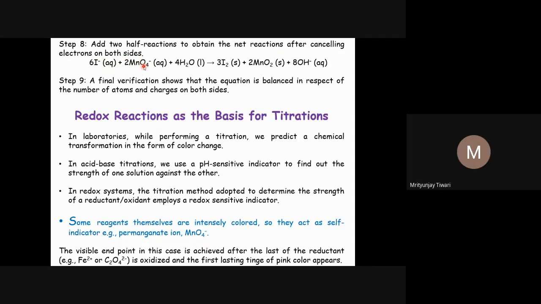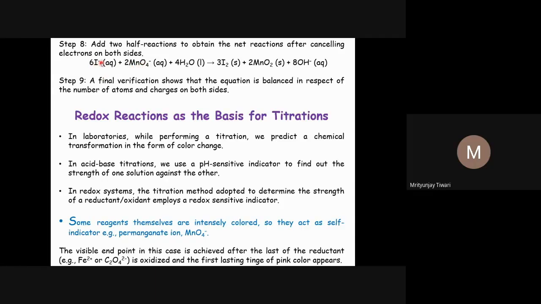Initially, permanganate ion was not in the stoichiometric amount, it was not balanced. So as soon as you add permanganate ion and shake the solution, it is completely consumed in the chemical transformation that gives this product. However, as soon as you add 2 moles per 6 moles, this 3:2 ratio, this ratio should be there with respect to iodide ions.